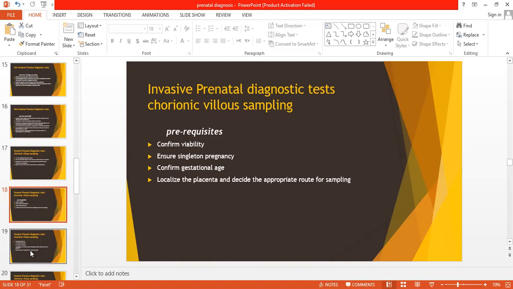transabdominal route would be the preferred route. If the placenta is posterior and low lying, then probably you will have to go through the transcervical route, ठीक है।